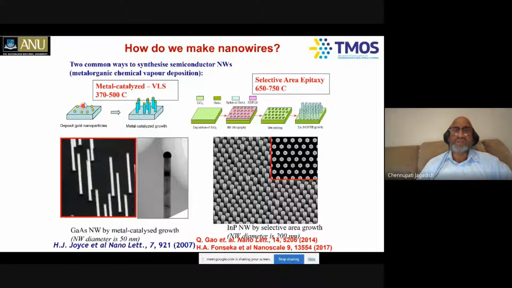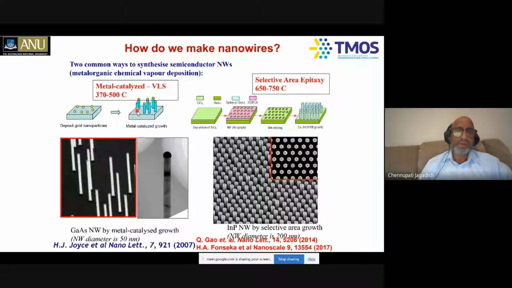Now if you take this wafer and heat it in an MOCVD reactor to somewhere between 370 and 500 degrees Celsius, and introduce the gases needed for the growth of gallium arsenide, for example trimethylgallium and arsine, these gases get incorporated into this liquid alloy. It gets supersaturated, crystals start precipitating out, and gold is always sitting on the top. This is like dissolving sugar in water: the sugar dissolves until the solubility limit, and if you exceed the solubility limit, crystals start precipitating out.